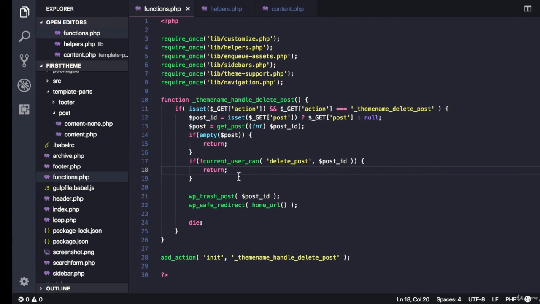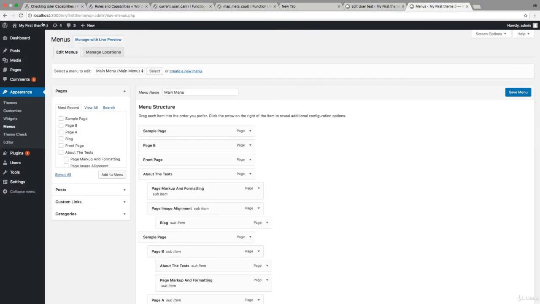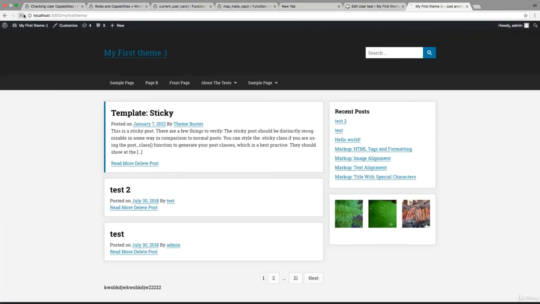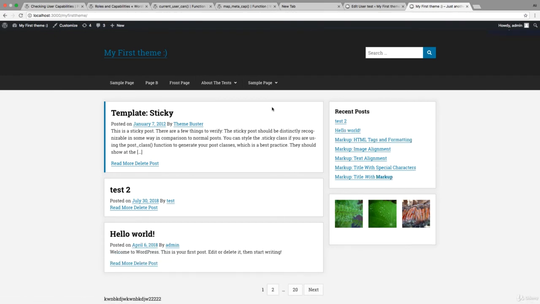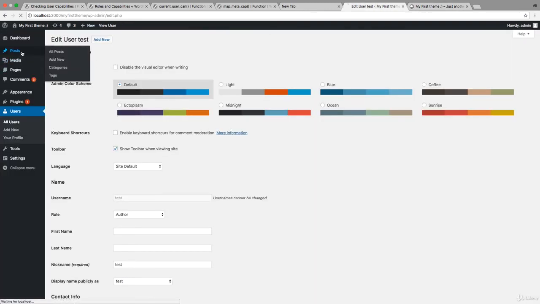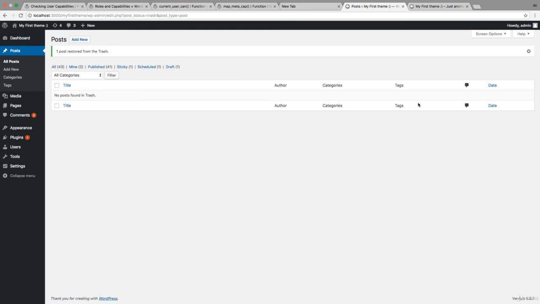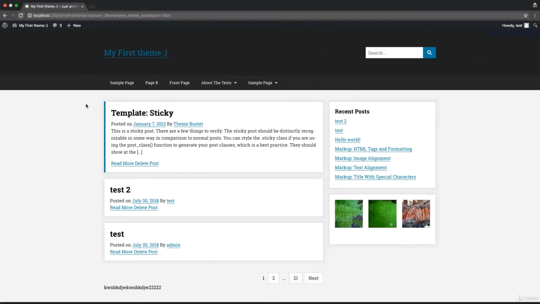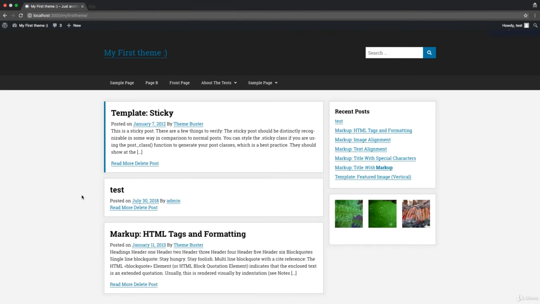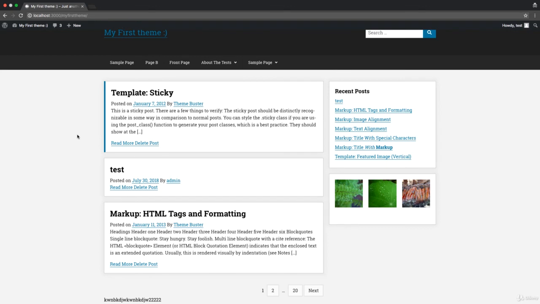So let's try this now. Let's try to delete a post as an admin, and it should be deleted. And let's restore it. And let's now go to the author user type, and let's try to delete a post that is not his post, which is test, and it won't get deleted. Now let's try and delete his post, and now it's deleted. So of course you can display an error or something if he has no permission to delete, but that's not the point of this feature. We just needed to take a look at the